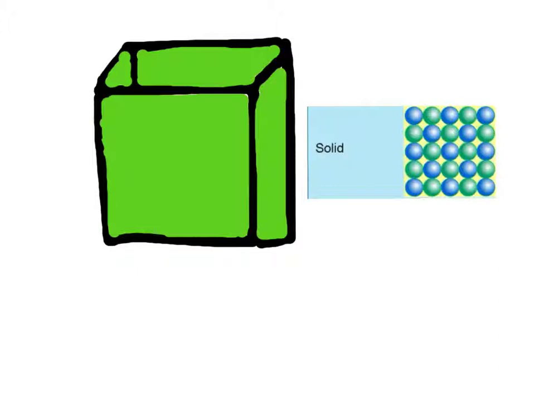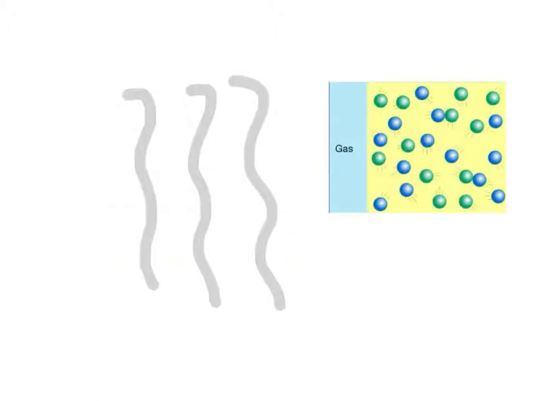Solids, on the other hand, have both a definite shape and a definite volume, and that's what keeps them from falling apart. So they can't change shape at all, and they definitely have the same volume, the definite volume. Gases have no definite shape and no definite volume. They take up as much space as they possibly can, and they have no shape. They can move around.